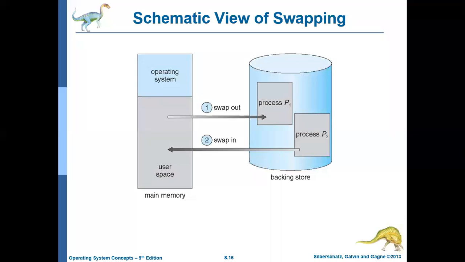Why is it required? Suppose you are running a particular process and then some higher priority task is coming. So you need to remove this process which is already running in the system, removing this process and saving it in the backing store device, secondary device, is known as swap out. Later you will be coming back with the same process, which will be known as the swap in concept. This concept of swapping in and swapping out is known as swapping.